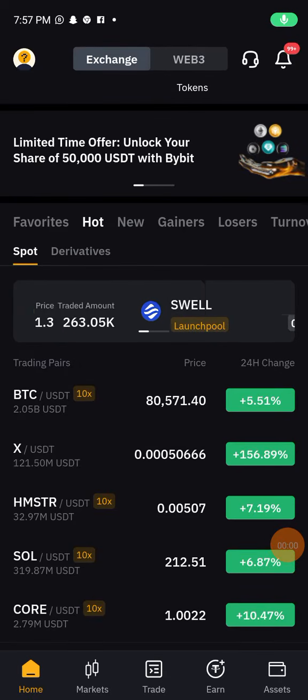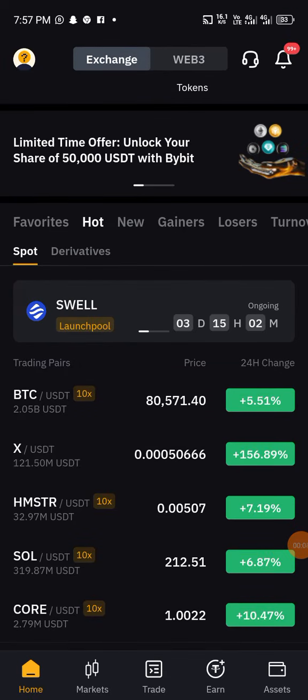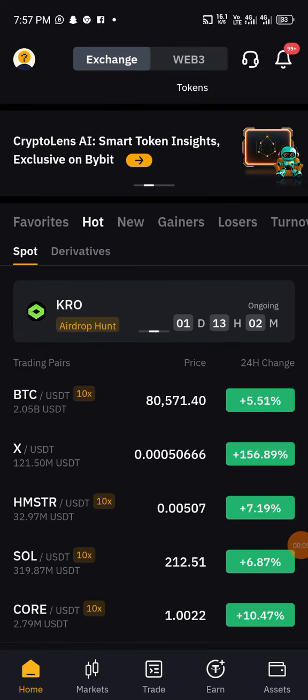Hello guys, welcome back. Today we'll be looking at how you can invest 10 USDT into a crypto coin and